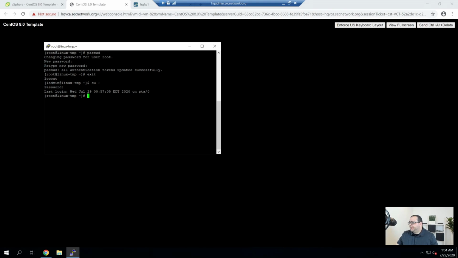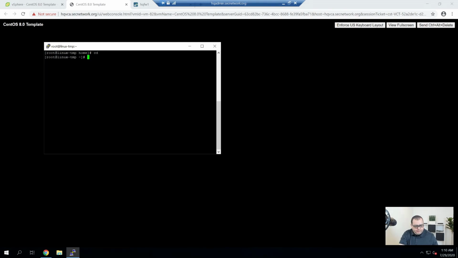Alright, so next up, what I'm going to do now is sudo su to lmn. Alright, so first thing we're going to do is generate an SSH key using ssh-keygen. I'm going to create a 4096-bit key.